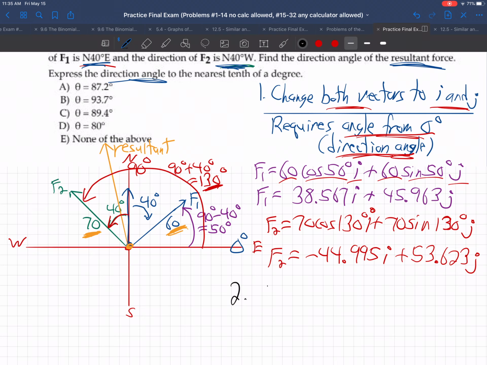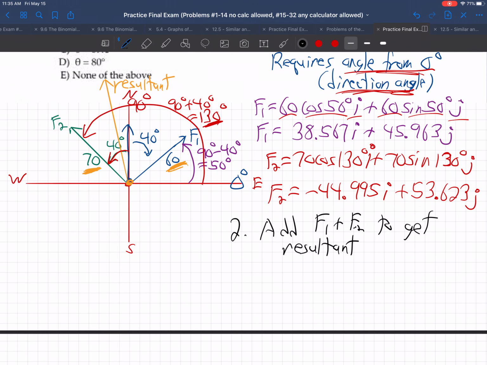All right, step 2. Add force 1 plus force 2 to get the resultant. So let's add them together. Force 1 plus force 2. So force 1 vector, I'm going to add this number and this number, so the resultant vector will equal, just use your calculator, 38.567 minus 44.995,